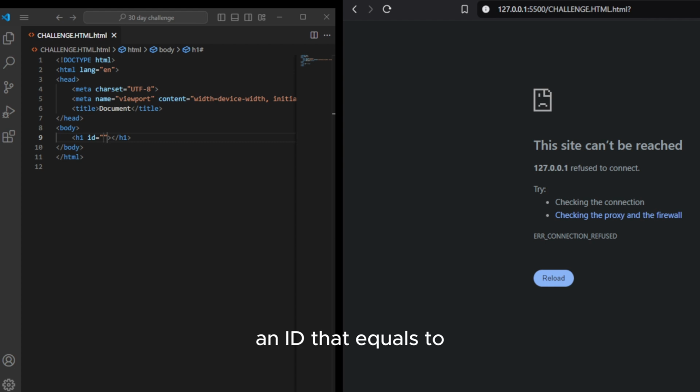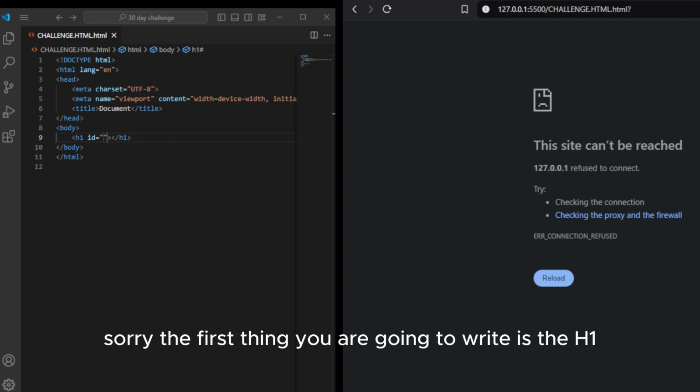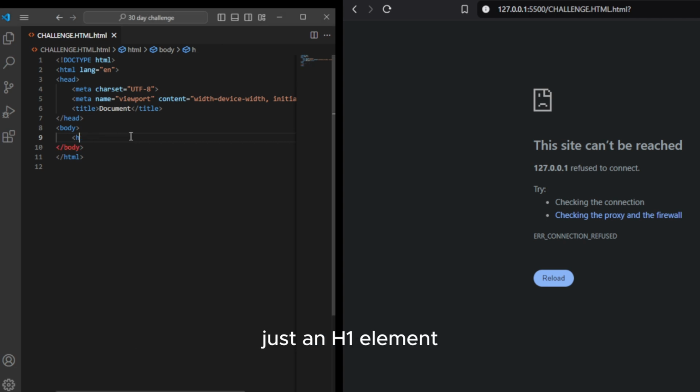Sorry, the first thing we are going to write is just an h1 element, and inside the h1 element